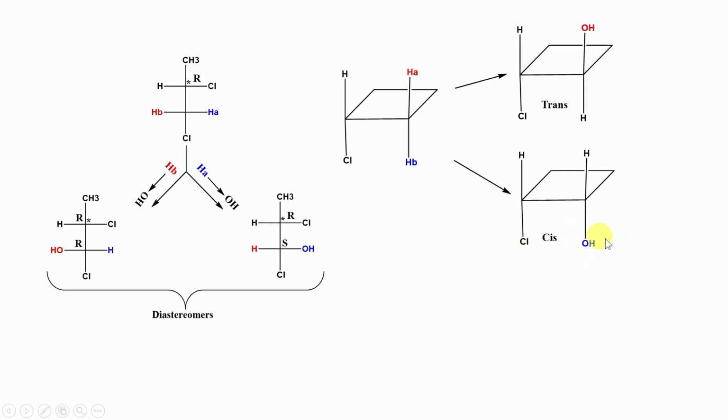This chlorine and OH are in cis orientation. Thereby, by replacing HA and HB, we will get trans and cis chlorocyclobutanol, the diastereomers, and hence HA hydrogen and HB hydrogen are diastereotopic ligands.